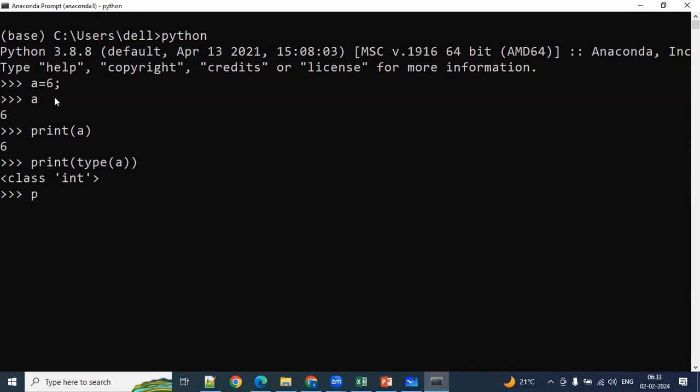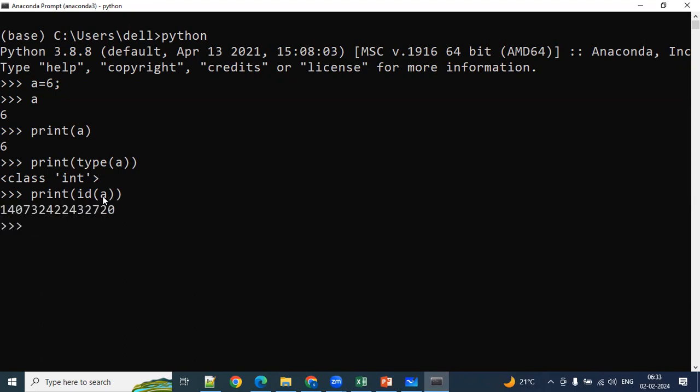If you want to know that memory location in my system, you have to use ID of that variable a. ID is nothing but the address location where it is pointing in the backend. Which memory location is a pointing to? That is what I'm trying to identify here.